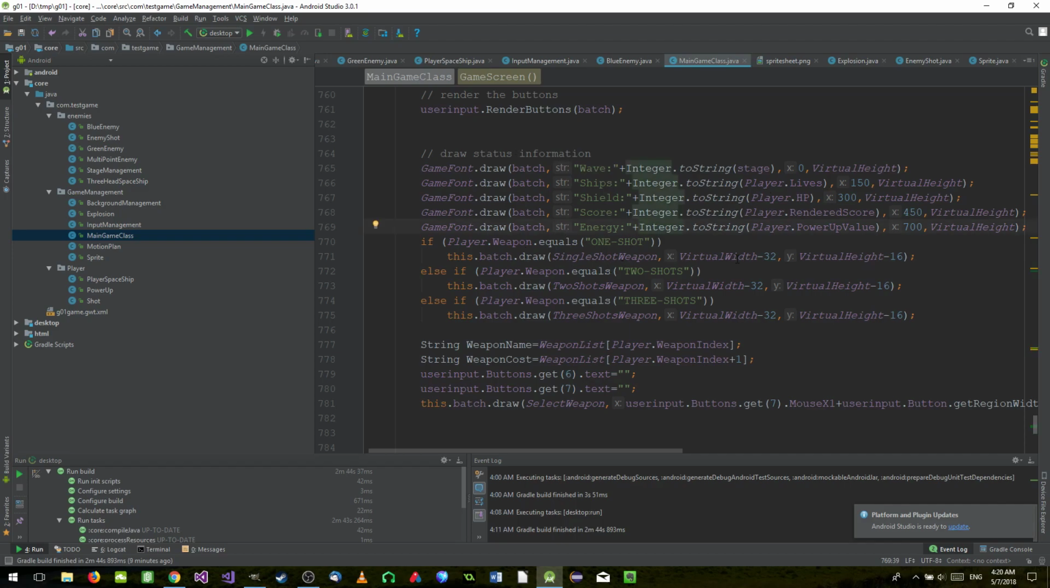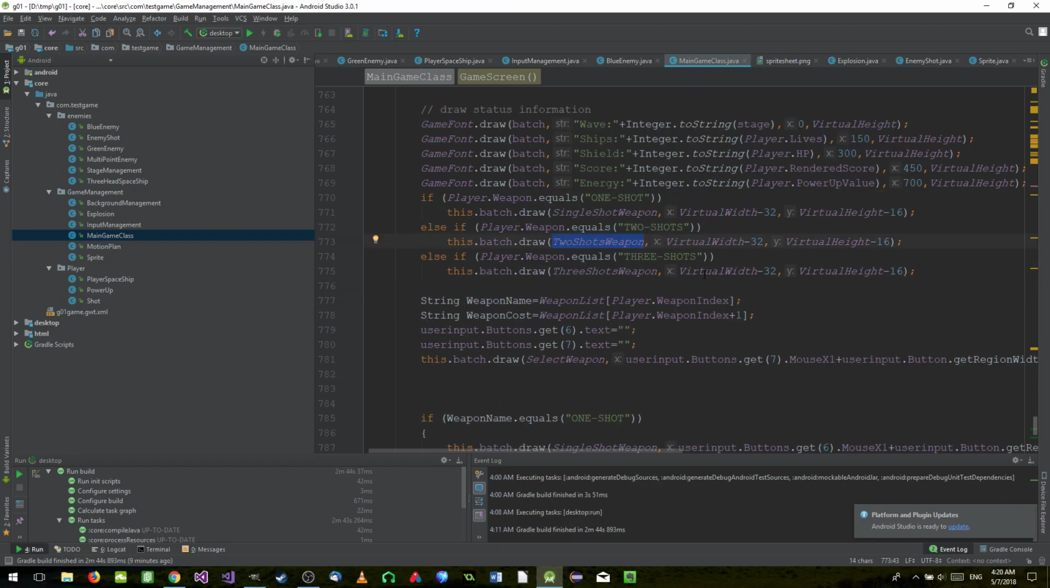For the top right corner, we are checking the current weapon of the player. So if it is 1 shot, we are rendering the single shot weapon. If it is 2 shots, we are rendering the 2 shots weapon. And if it is 3 shots, we are rendering the 3 shots weapon. And then later on,